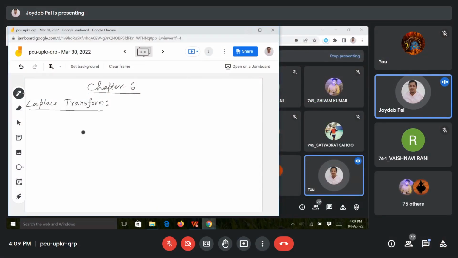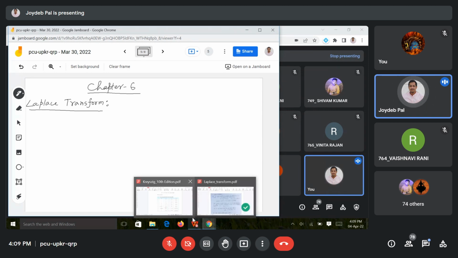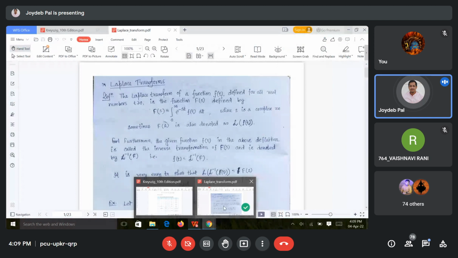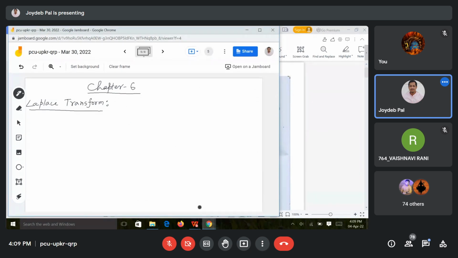Laplace transform, or in short, Laplace transformation. So see, the Laplace transformation of a function f(t), which is defined for t greater than or equal to 0. What is that? Here we are going to find one kind of transform of a function. So we are assuming a function f(t),